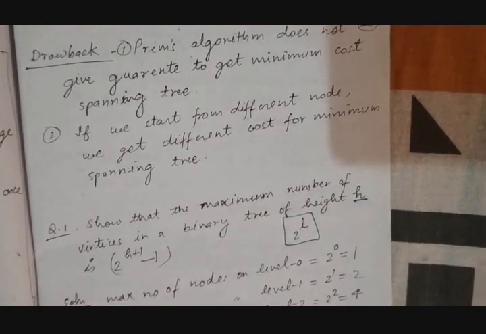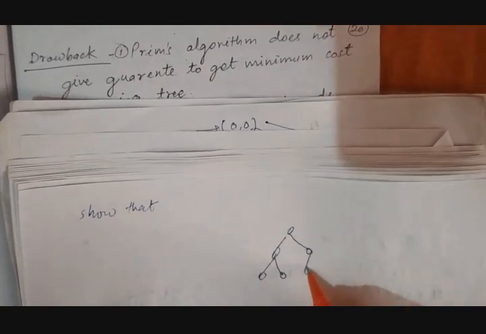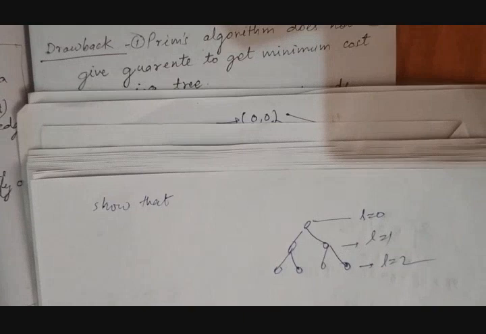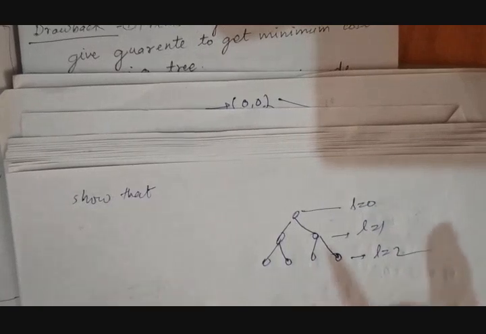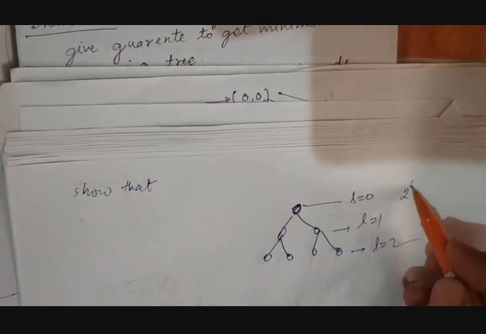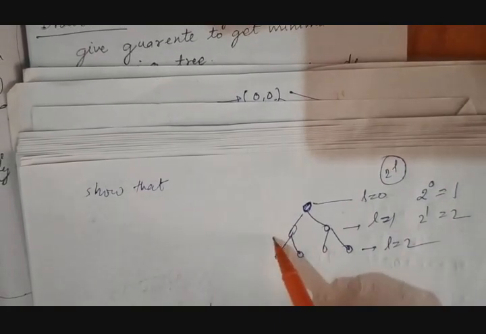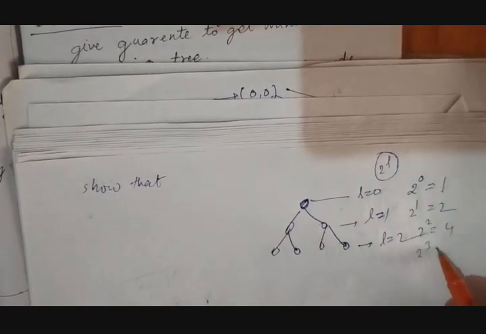Just see here, suppose you are talking about an example, this is a complete binary tree. So how many levels does it have? Level 0, level 1 and level 2. Just see here, the maximum possible number of nodes in a complete binary tree. In a binary tree, the maximum number of nodes at the root level will always be 1. So this is 2 to the power 0, basically 2 to the power L. Now level 1, so 2 to the power 1, how much? 2. The maximum number of possible nodes at level 1 is 2. Now at level 2 it is 4. At level 3 it is 8.